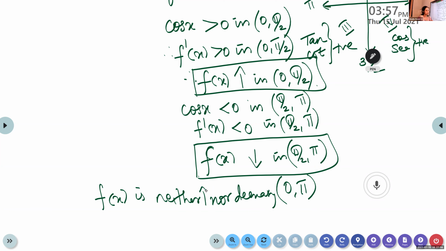Okay, see children, today we are going to discuss only the trigonometric functions, because trigonometric functions are more important for you. The third one we have discussed, and the fourth one we discussed yesterday. So 4 and 5 you can try as homework.